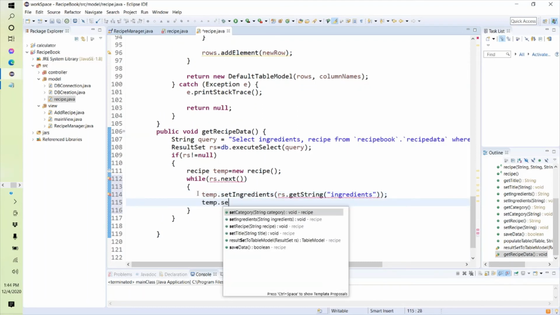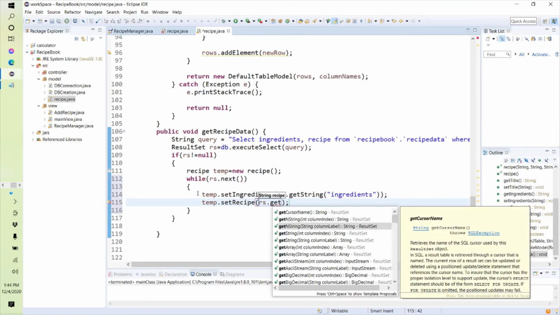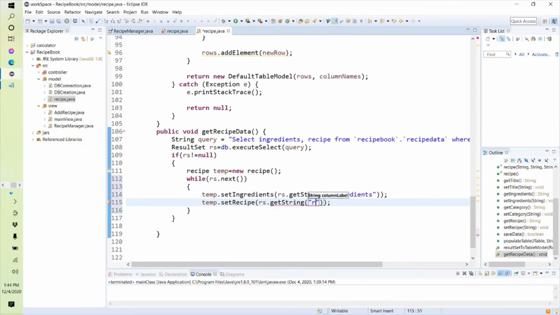So temp dot set recipe rs dot get string, and the label is recipe, and then I will say return temp, return this object backwards, and if nothing happens then return null. Of course we need to change its return type to recipe as well.